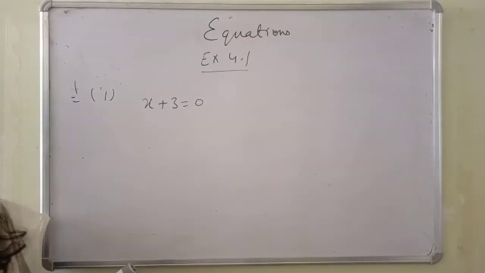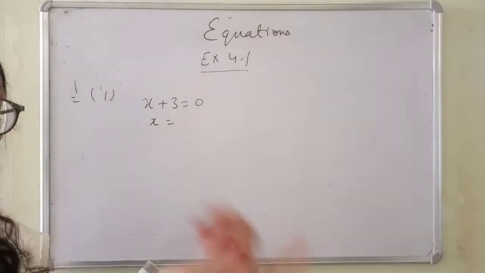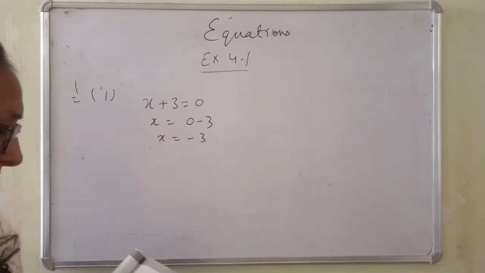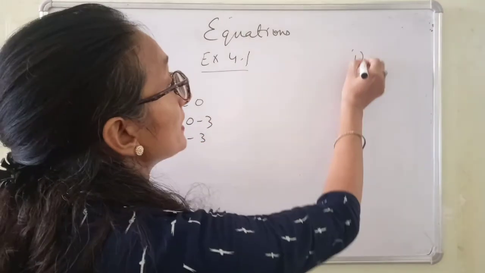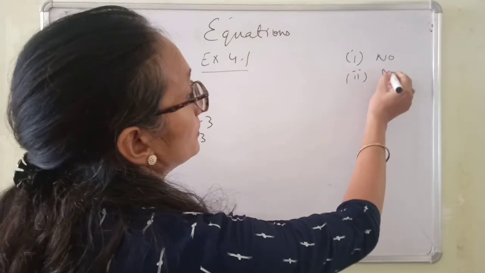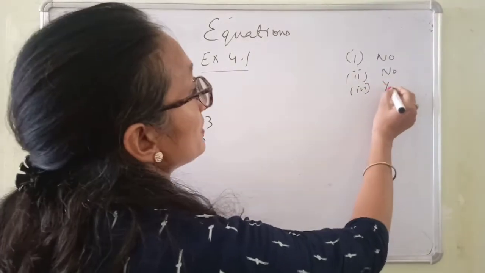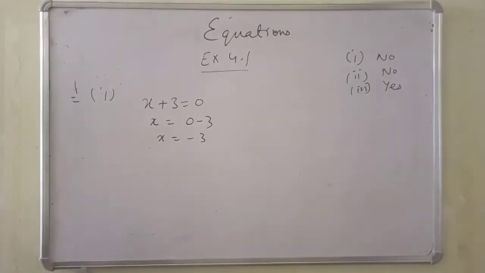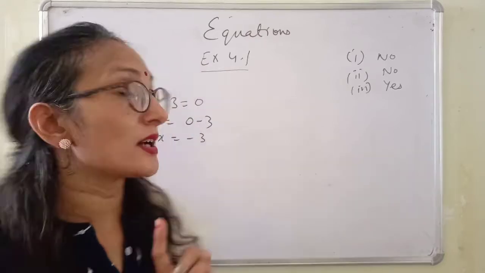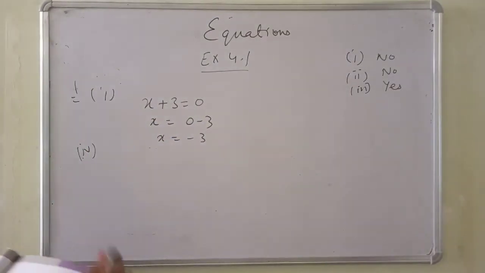Suppose x plus 3 is equal to 0. This is the first question. So x will be, as I explained to you, plus 3. When we send plus 3 to the other side, it will come in subtraction. So x is equal to minus 3. Now just check. First one, x is equal to 3. That means it is no. Then second, x is equal to 0. No. Then third one, x is equal to minus 3. That means this is the answer. So we will write yes here. Now the fourth one. So it is a very easy way. I found the answer once and I have done 3 parts with the same answer. Okay, now move to the next question.